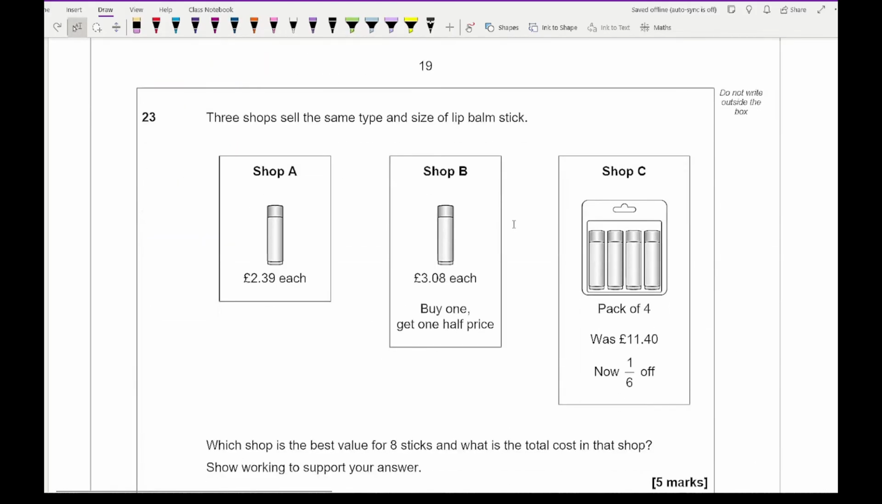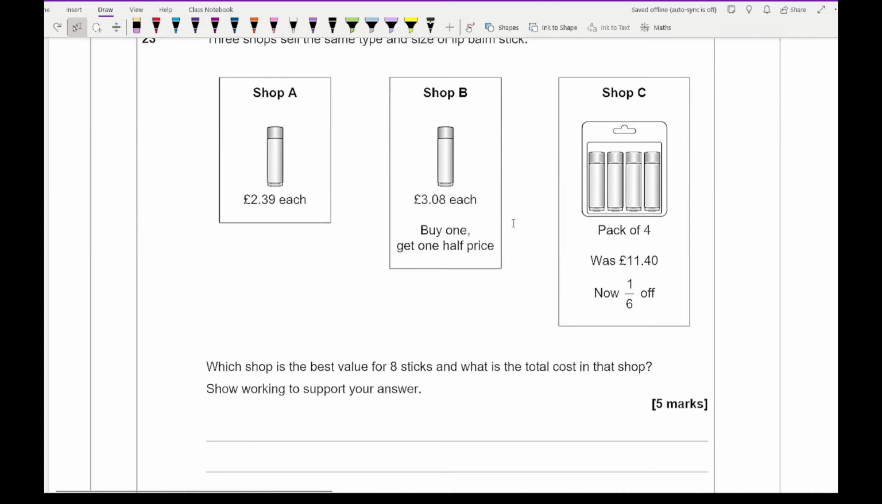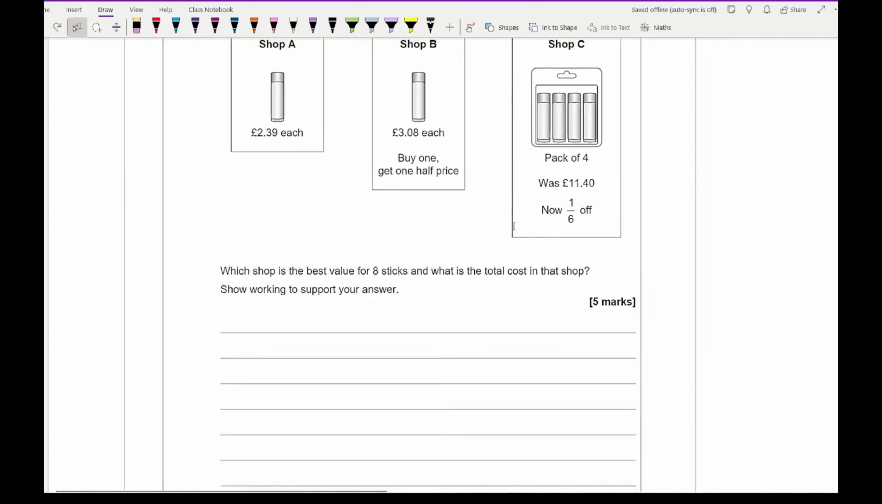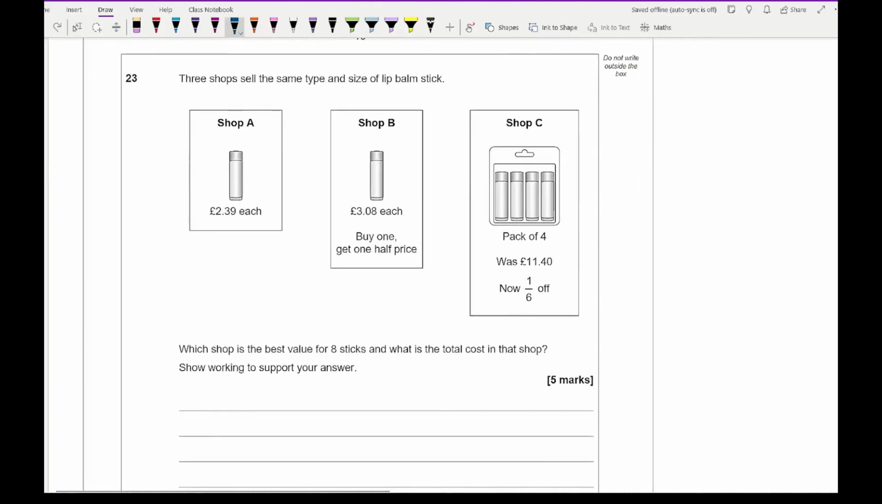Moving on to question 23, it says 3 shops sell the same type and size of lip balm stick. Which shop is the best value for 8 sticks, and what is the total cost in that shop? Show your working to support your answer. So first of all, let's zoom out so we can have a bit of space to work with. What we need to do is work out the cost of buying 8 sticks